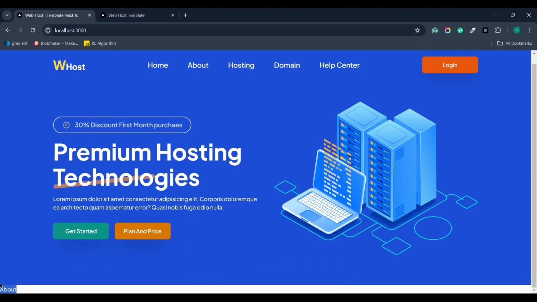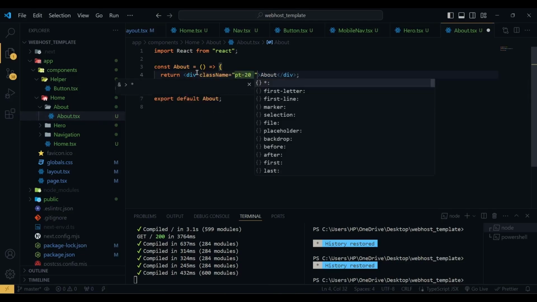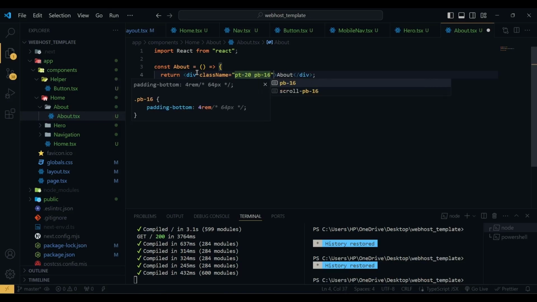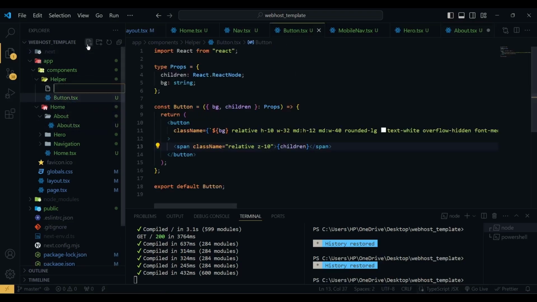Now here you can see we have our about. So for the first div we have a class name of padding top of 20 and padding bottom of 16, and then inside this div I'm going to create another reusable helper component, which is section heading, so that we can add this section heading for our future sections. So here we are going to have a section heading. For this I'm going to create a new file inside my helper folder, and I'm going to name it section-heading.tsx,